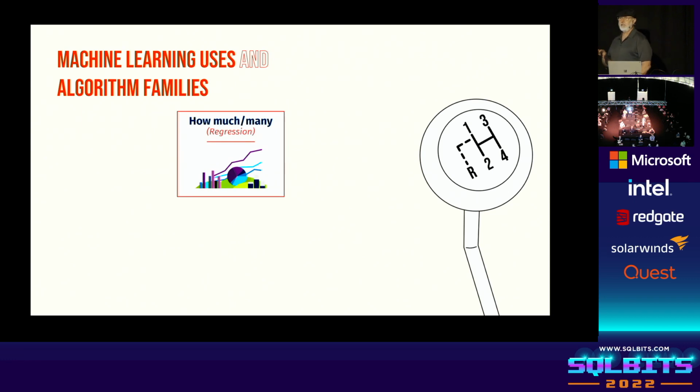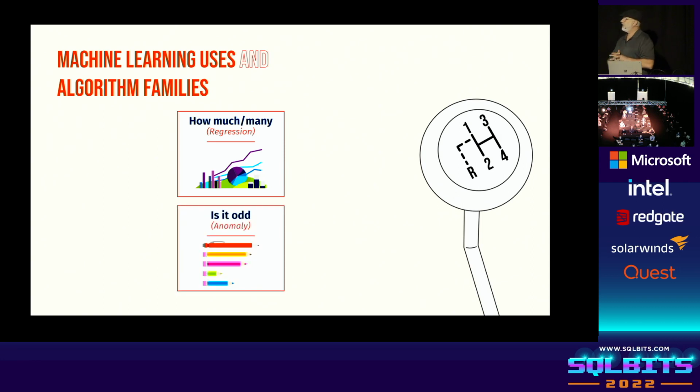There are various families of algorithms, groups of algorithms, and this is why I need to know your problem to apply an algorithm. If I'm trying to predict how much or how many of something, like what's the temperature going to be next week or whatever, I will use a regression model. These are very popular. There's linear, there's nonlinear, there's all kinds of regression. This simply means looking at a straight line, what will happen if I go one more point to the right on the straight line? It's more complicated than that, but that's what it looks like. These are very powerful, used quite often in more places than you might think.